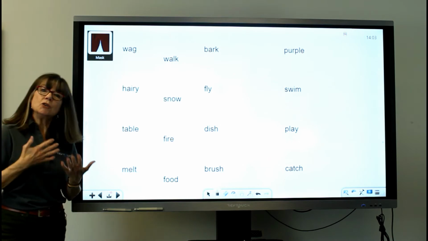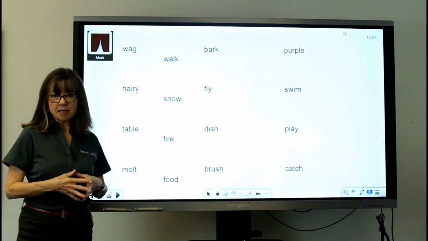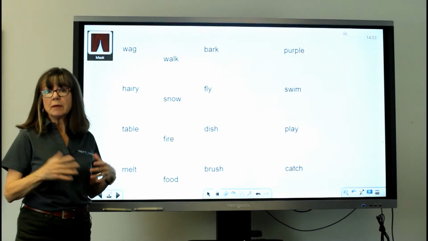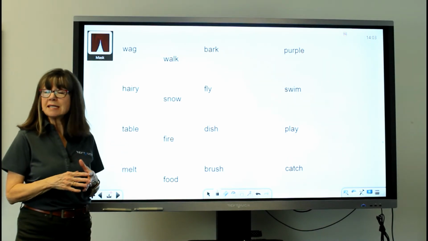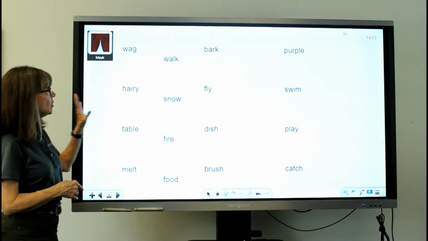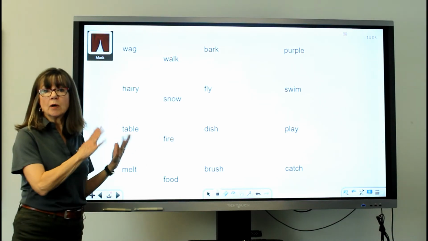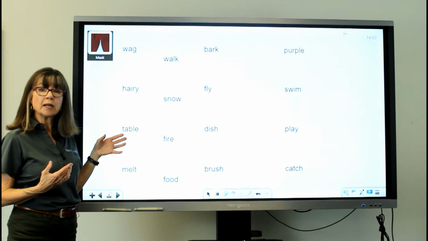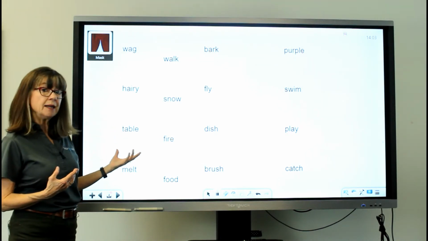Masking. You use masking when you want to hide something. So for instance, I might have a page ready for students when they come into the room, but I don't want them to see it yet. So therefore we would use a mask. I'm going to show you this in two ways. One with some words, one with a PDF that I actually imported into the Note 3, and we'll look at